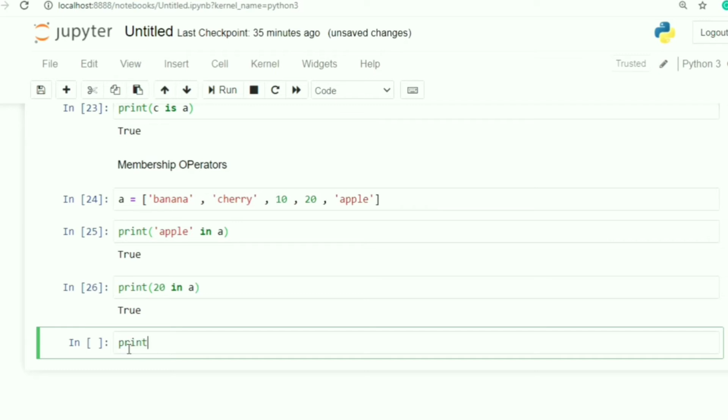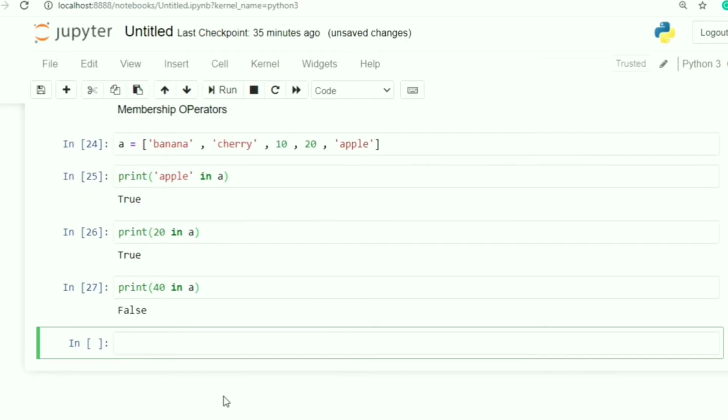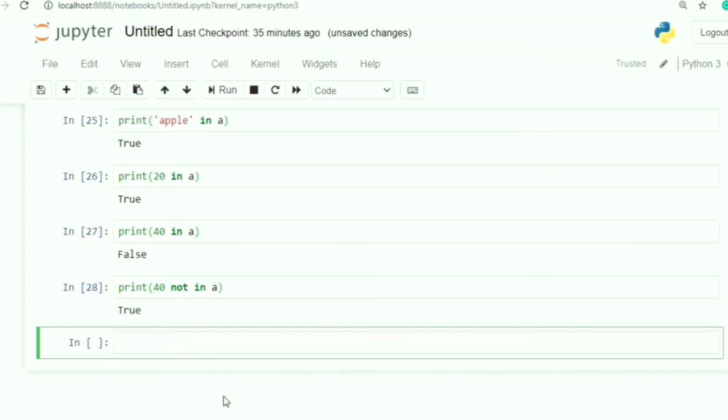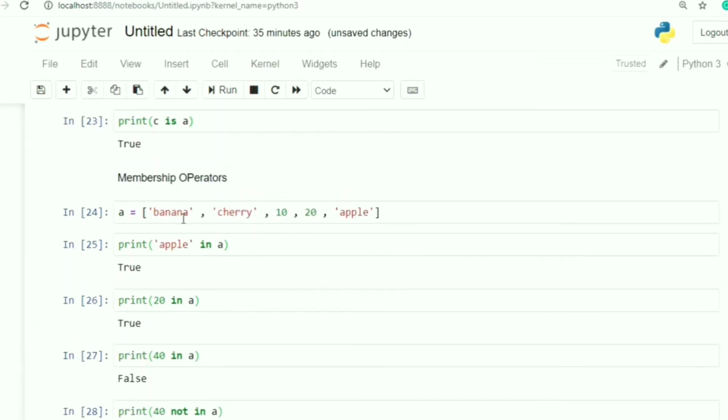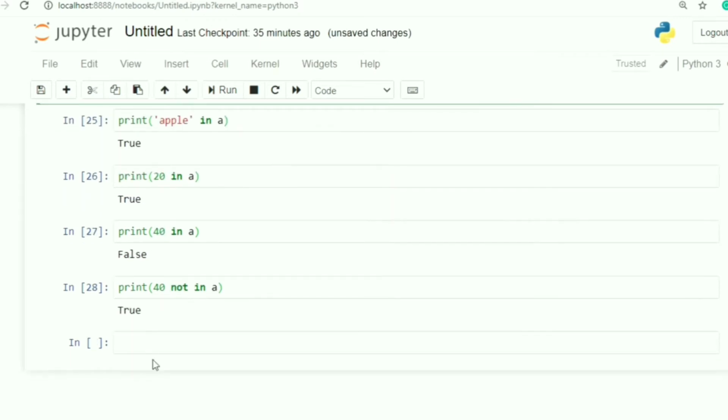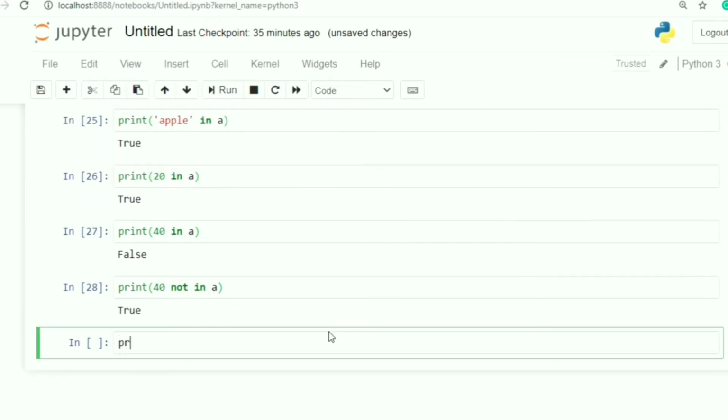Now if I am writing print 40 in A, you can see 40 is not present in this particular object, that's why it gives me false. Likewise, if I am writing print 40 not in A, you can see now it is giving me true because 40 is not present in object A. Let me take one more example.